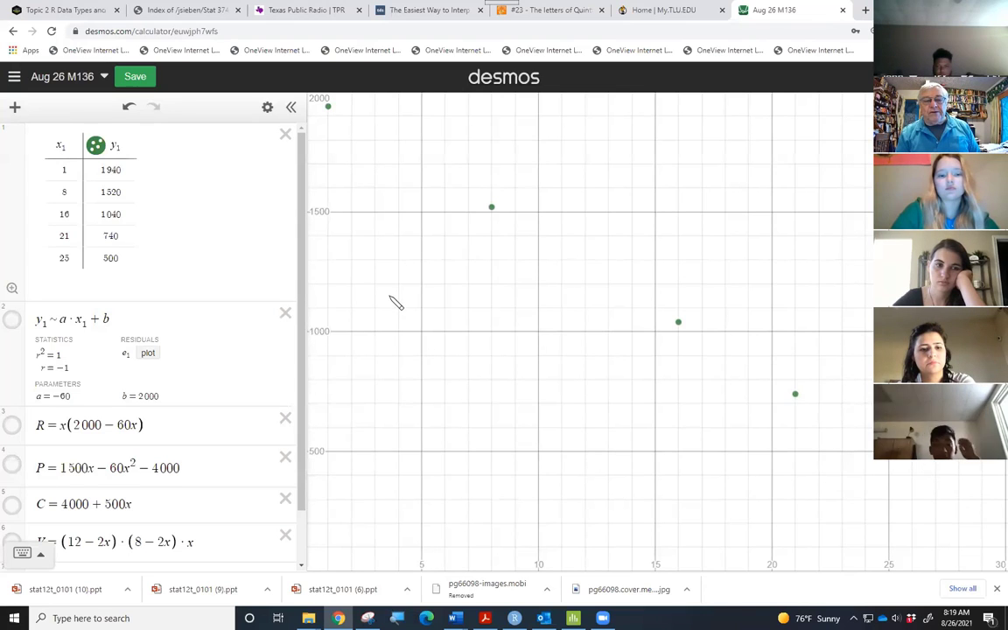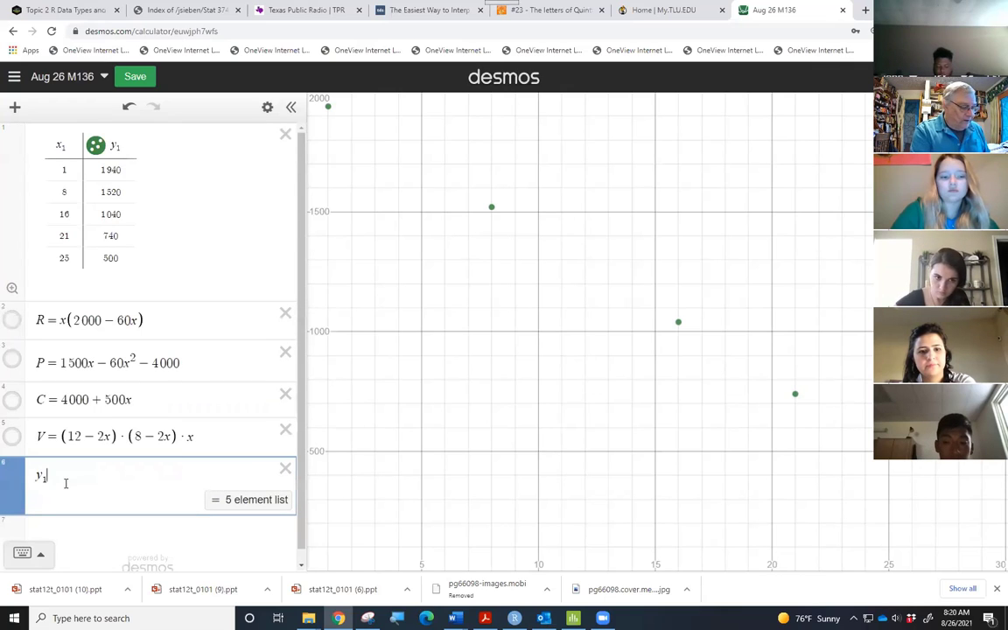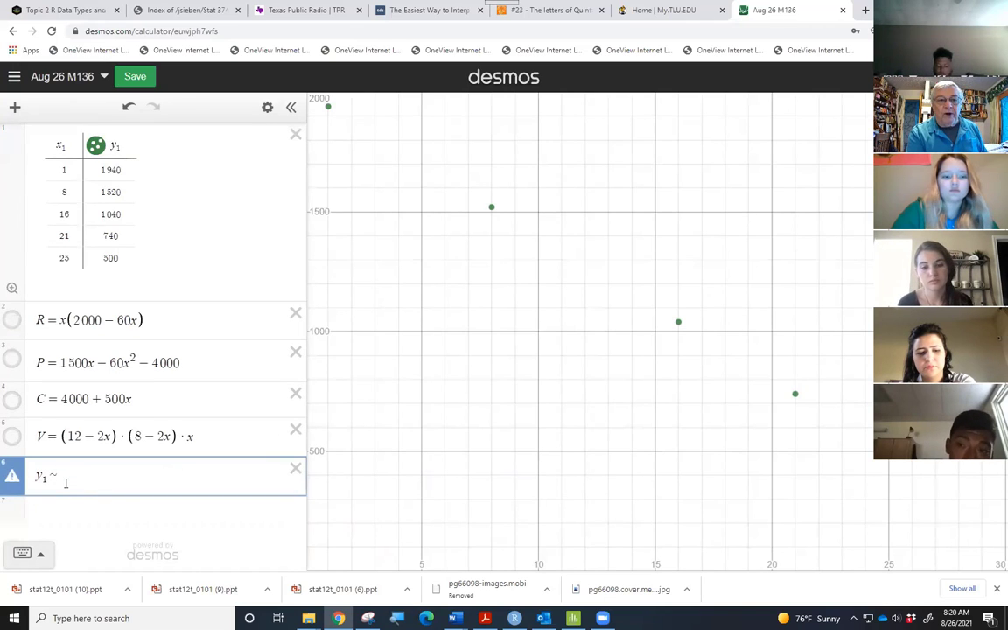Well, I'm going to tell Desmos to find me the line that fits these points best. Best in the sense that I want the line that minimizes the vertical distance between the line and the points itself. And here's how I tell Desmos to do that. I say y1, I'm just going to retype this. Let me get rid of this. We can come down here, and I'm going to say my first value of y1, and instead of saying equals, because I'm not writing an equation, I'm writing a suggestion for the form that I want an equation to take,